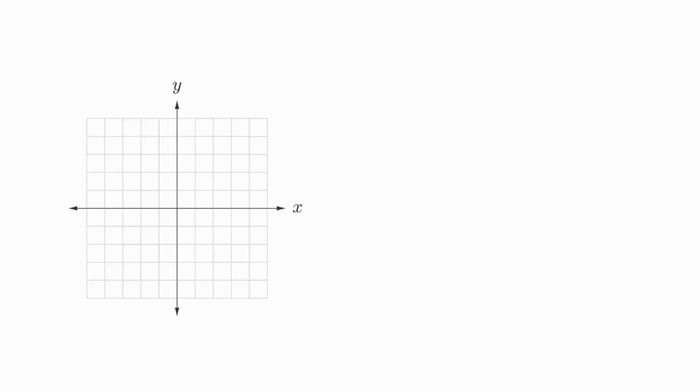When we look at the graph of a function, the variable x represents the input, and the variable y represents the output. The act of swapping the input and output is the same as swapping the x and the y variables. Graphically, this is reflecting across the line y equals x.